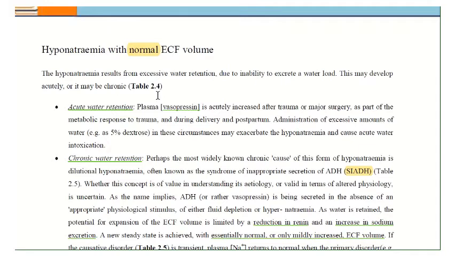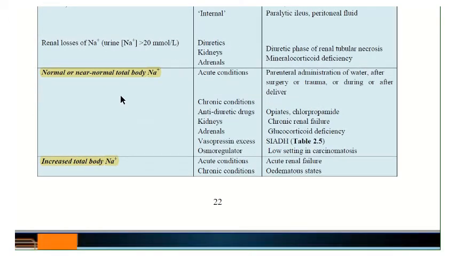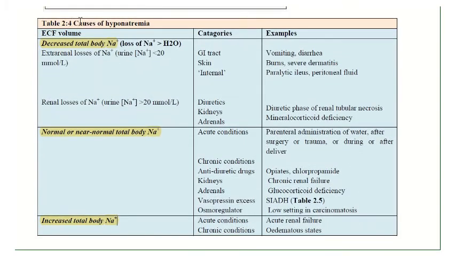وأيضا التيبل نفس التيبل اللي تكلمنا عنه يتكلم عن هذا الموضوع. فهذا التيبل اللي قلنا عليه causes of hyponatremia. تكلمنا عن decreased total body sodium، وهنا نتكلم عن normal أو near normal total body sodium. هنا عن categories أكو احتمال acute conditions